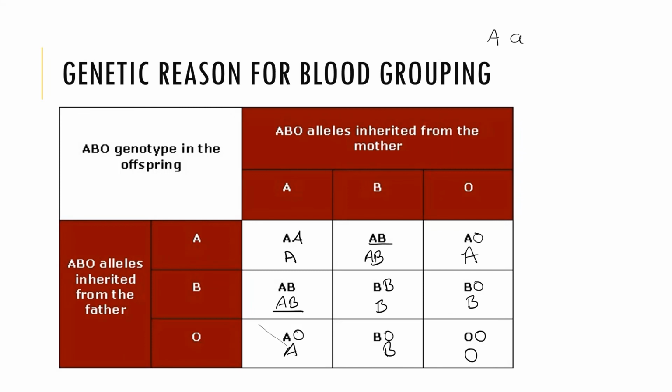Now, same thing is applied for the Rh factor. If the Rh factor gene is present in the father and in the mother, then the progeny will be positive. If the Rh factor is present in the father but the mother lacks it, then the progeny will be positive again. If the father lacks it and the mother lacks it, then the progeny will be negative. So students, genetics as well as the antigen antibody reaction play an important role in determining the blood groups. So that's all about blood groups.